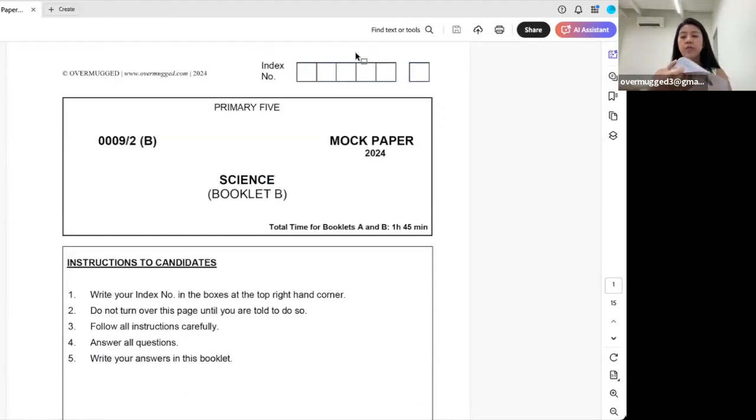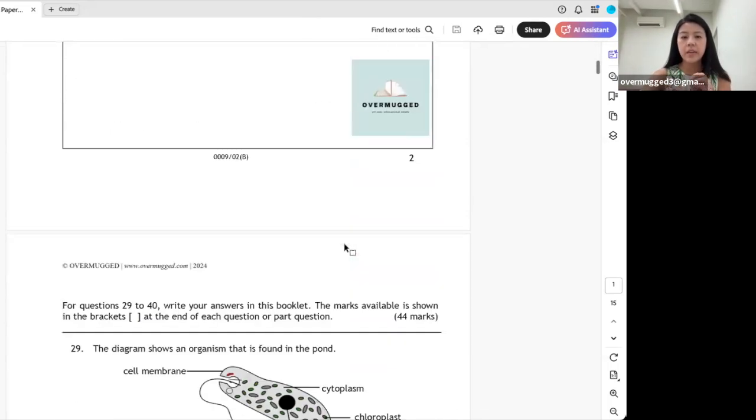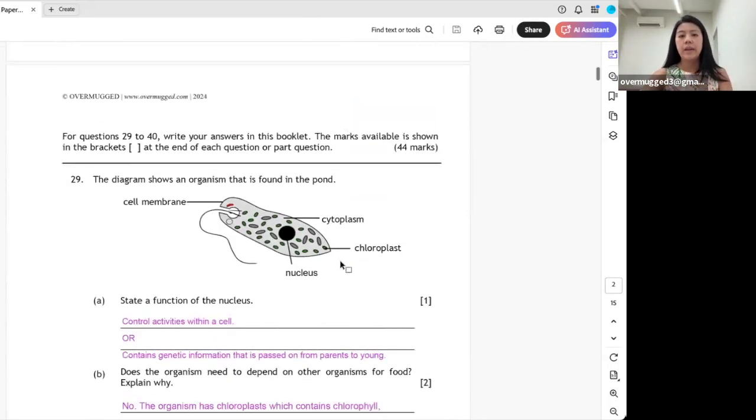Okay, so moving on, we are going to be covering booklet B. Now for booklet B, again, the questions are split into life science and physical science. So you can fast forward to the questions that you feel that you need more explanation on, okay? I've also already put in my answers here in the blanks to help speed up in my explanation, okay? So for our first booklet B question, it is on cells. You will see that this organism here that is found in the pond